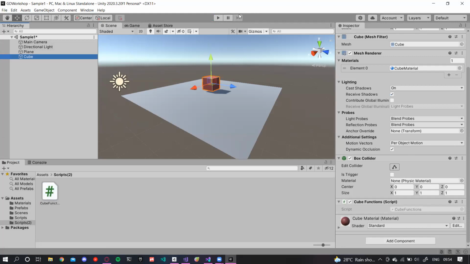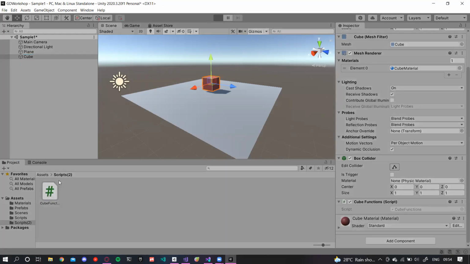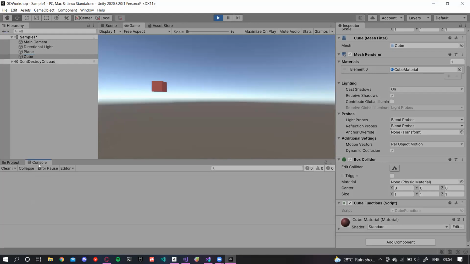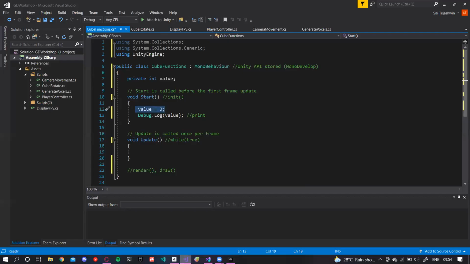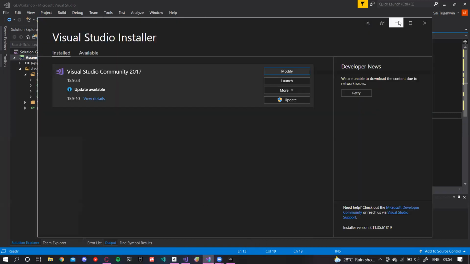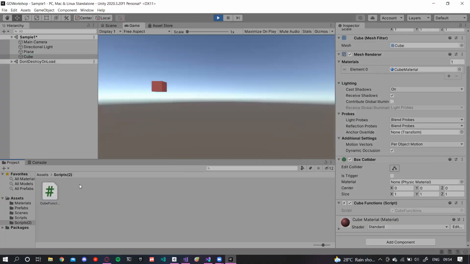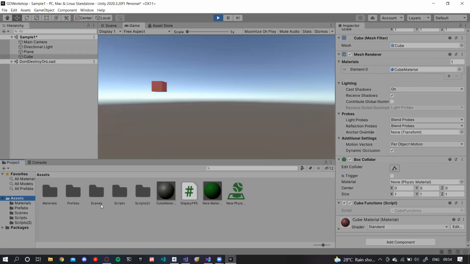Yeah, it's okay. Now that I've added it. Print value, right? Okay. I think I should review it here.